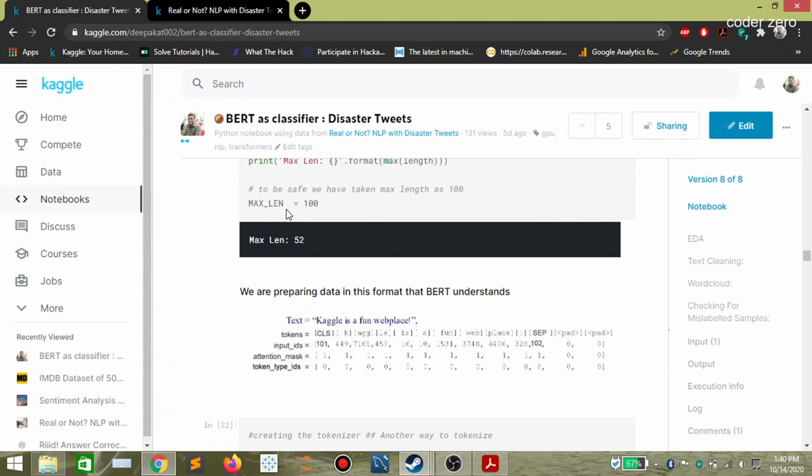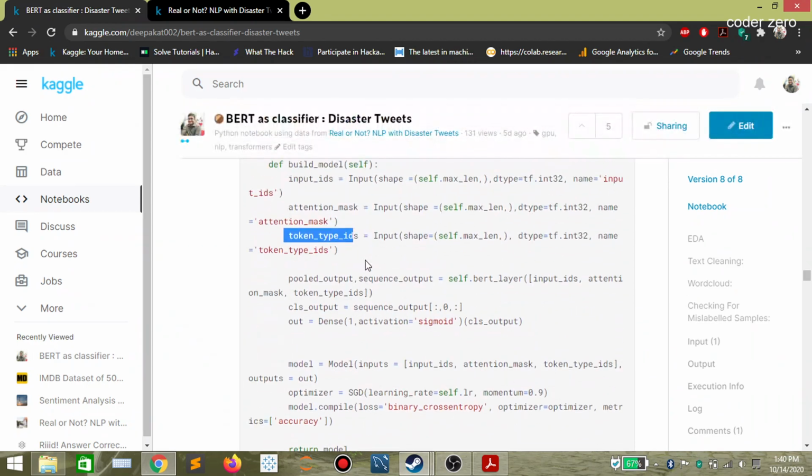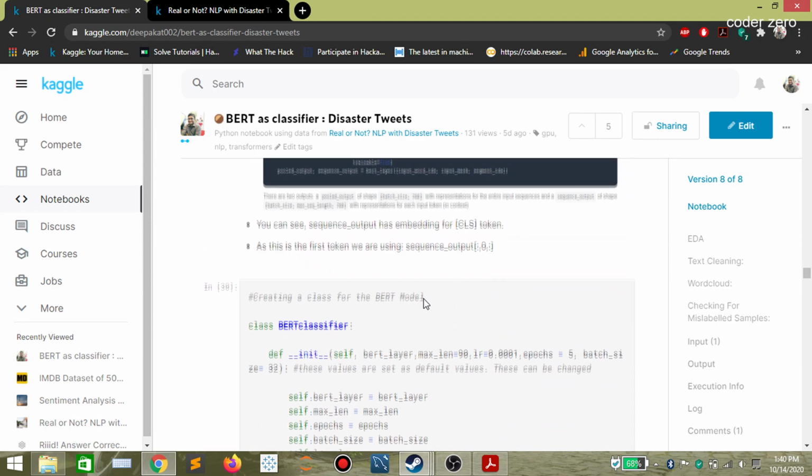We are creating an input of shape max length, with data type int32, and name equal to input_ids. Then the same thing, we are creating attention masks and token type IDs. Then we are passing all those inputs into the BERT layer, and we are getting the pooled output and sequence output, just like this one.